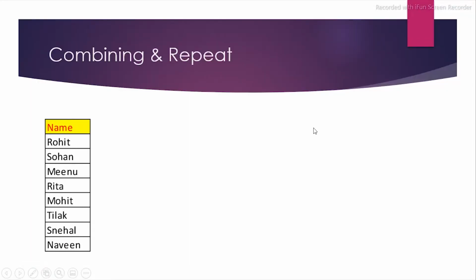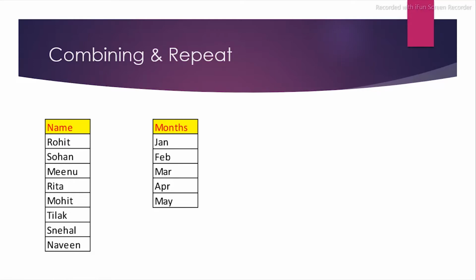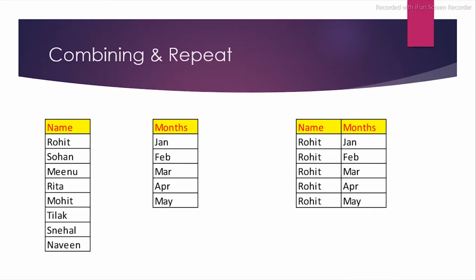We need to combine a table. So we have one data set with names and another data set with months, and this is how we require our output. We want every month to come in front of every name. Since my data here is very small, you can think of simply doing copy and paste,